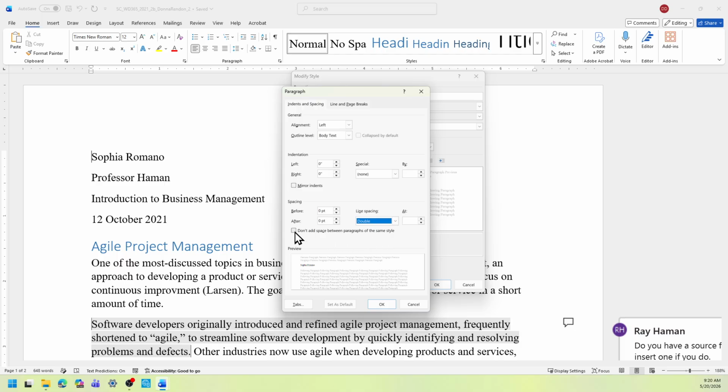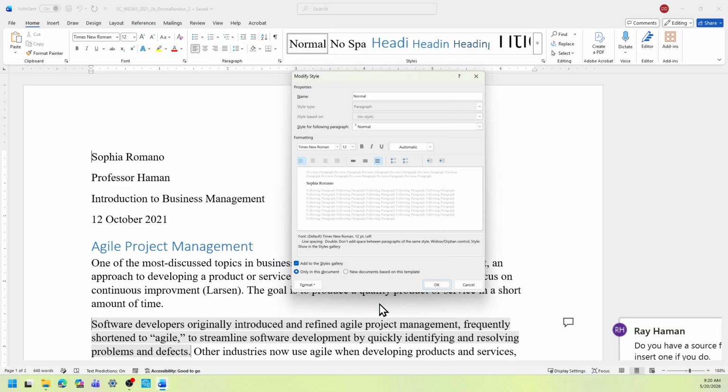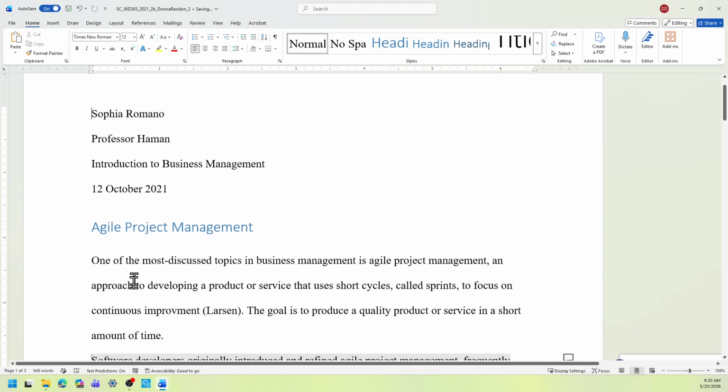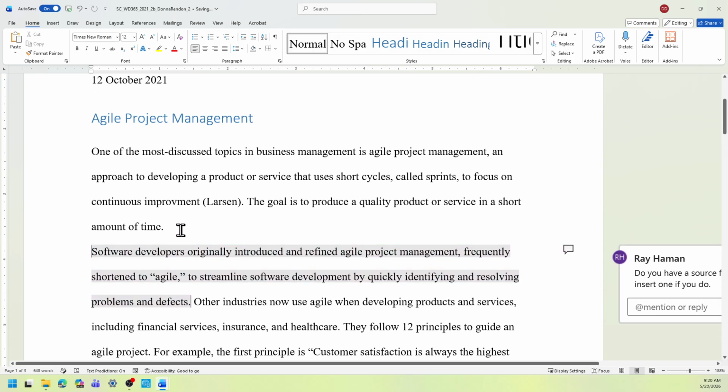And then select the box to the left of the don't add space between paragraphs of the same style. Click OK and then click OK. Now you see that these are all double space with no space in between.